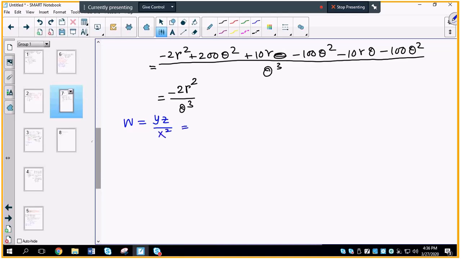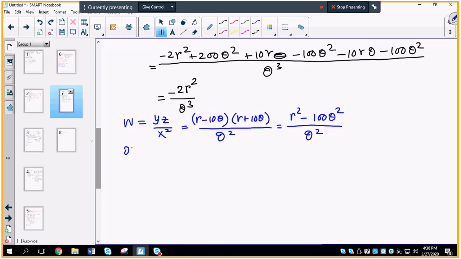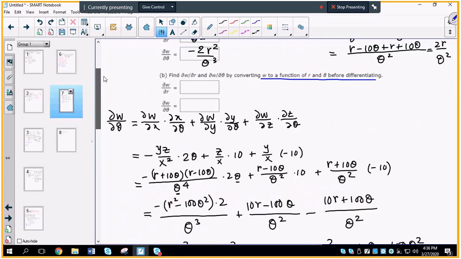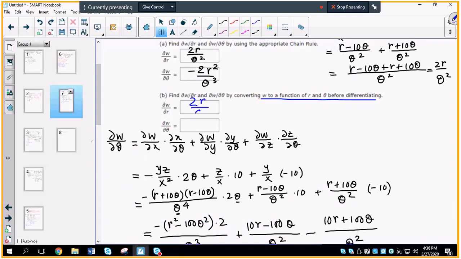Your y is r minus 10 theta. Your z is r plus 10 theta over theta squared, which is r squared minus 100 theta squared over theta squared. So when I do del w del r, the work is pretty easy because theta squared is the constant on the bottom, so it will not be treated in the derivative, whereas the derivative of the top is just going to be 2r, because 100 theta squared with respect to r will give you the derivative of 0. So I get 2r over theta squared, which matches with my answer in the previous process,